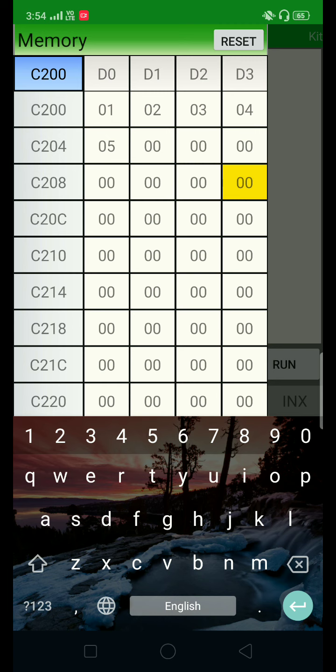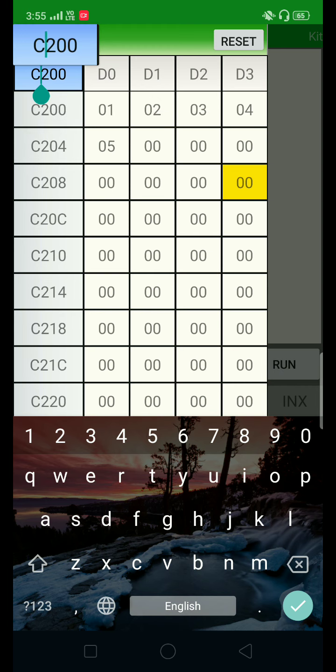And as I said, C200 is the starting address of array 1, and the starting address of array 2 is C300. So we will check the C300 memory location content.